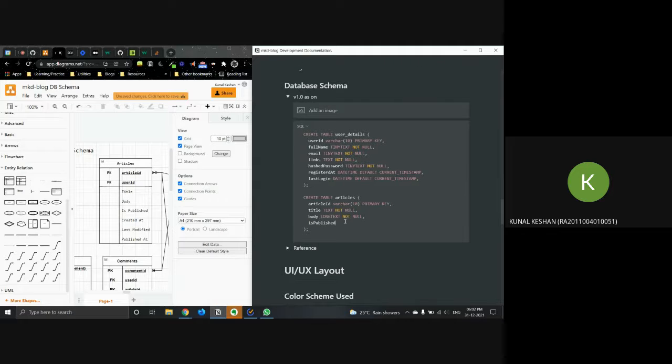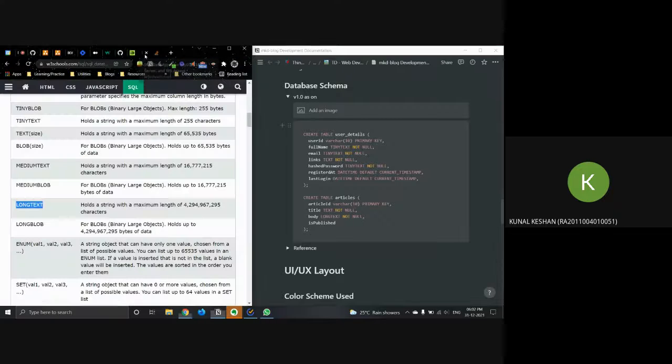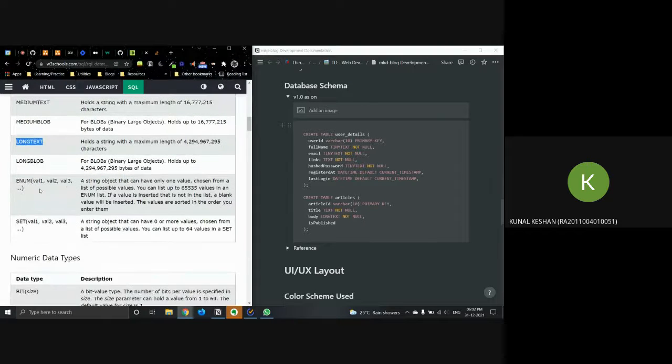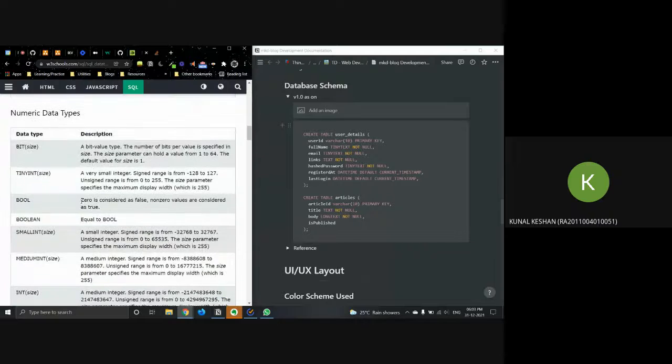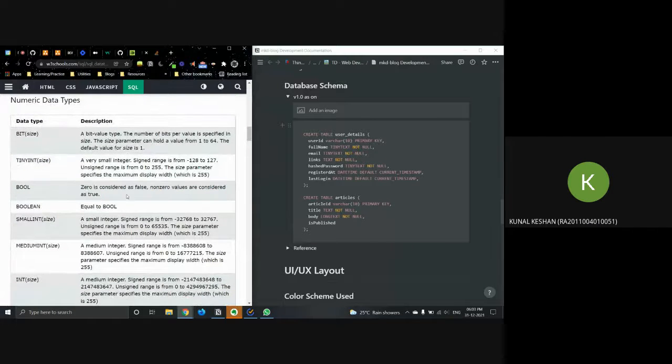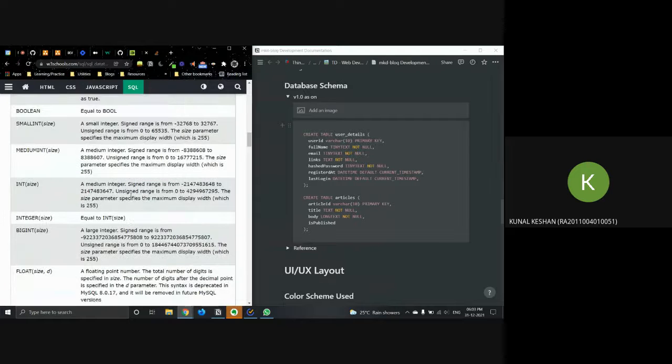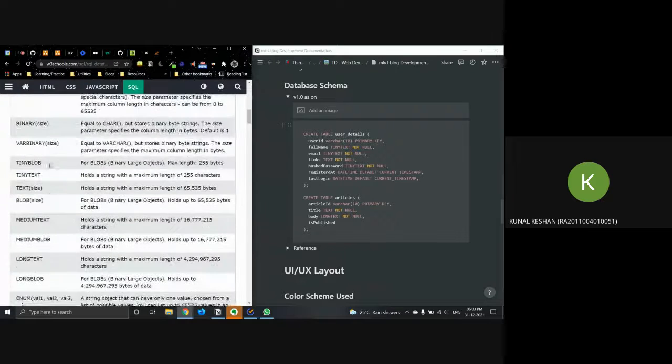Okay, so there's two ways we can approach this. If I come into data types, you see this enum value, right? Enum lets you have a list of values that are restricted within the enum itself. So I can put enum true or false. But there is no boolean, I mean, boolean is like zero or one in this case, there is no true or false exactly over here. Either we can use enum or